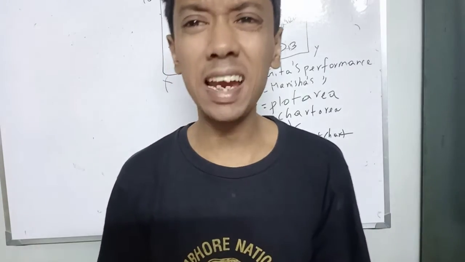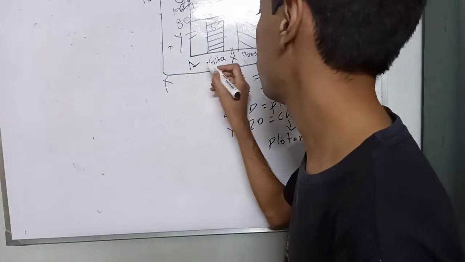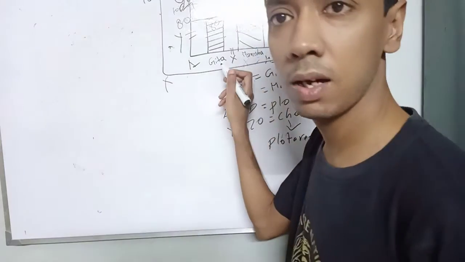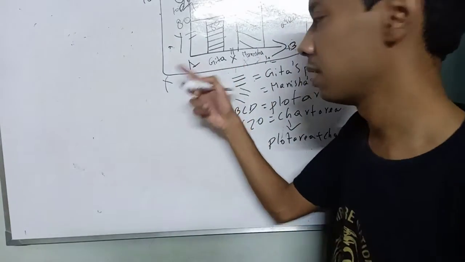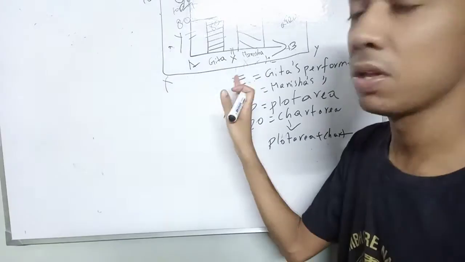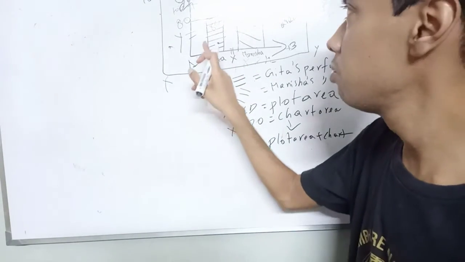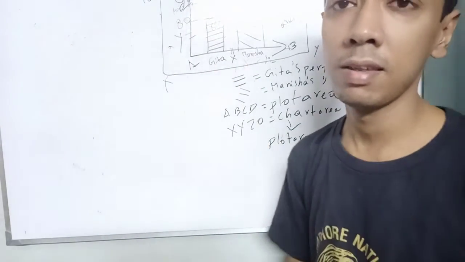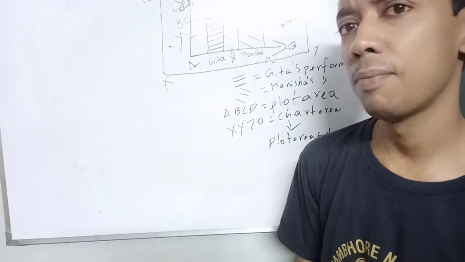Now axis title. Now you can give titles in the axis. Suppose on this one you can give the names of the students, Geeta, Manisha. So you can give the name of the student. This x-axis is the name of the students, and this y-axis is the different scores of mathematics. Okay.